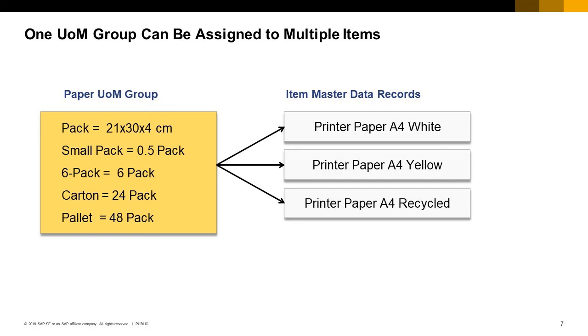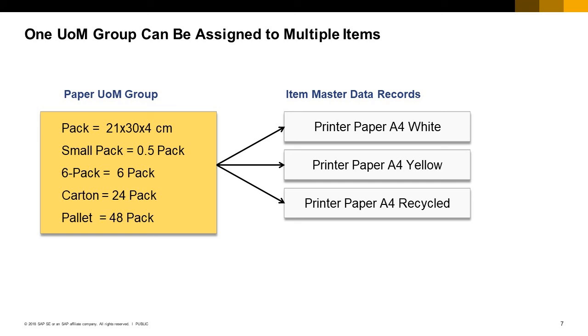OEC Computers can use this same unit of measure group for several different types of printer paper that they sell. Once a UOM group is created, it can be assigned to several item master data records. In our graphic, the UOM group for paper is assigned to 3 item master records that need the same type of relationships between the UOMs in the group. Because the paper UOM group has been defined flexibly, it can be used for several different types of printer paper